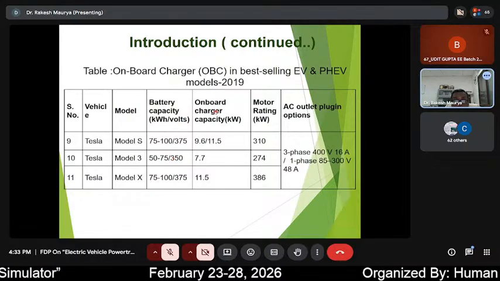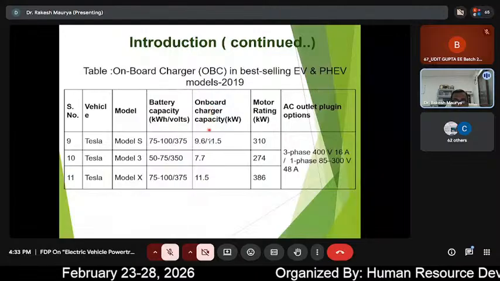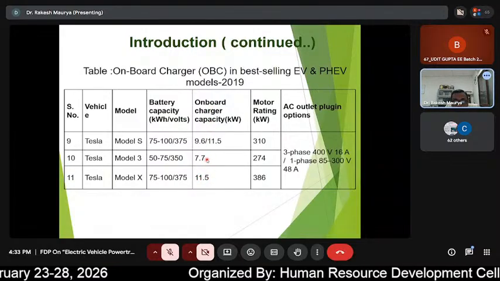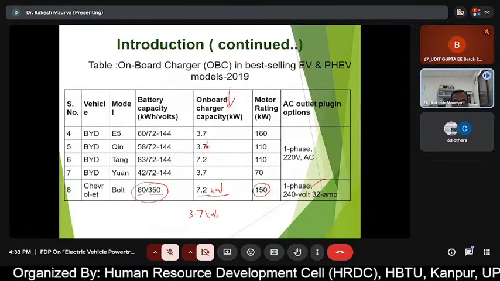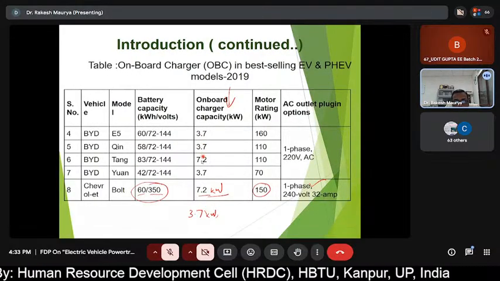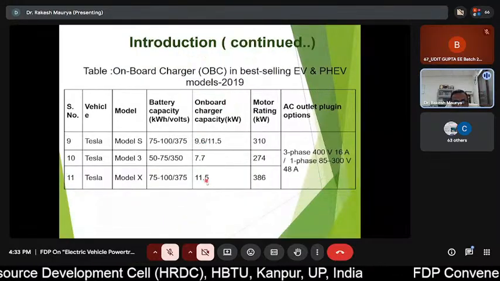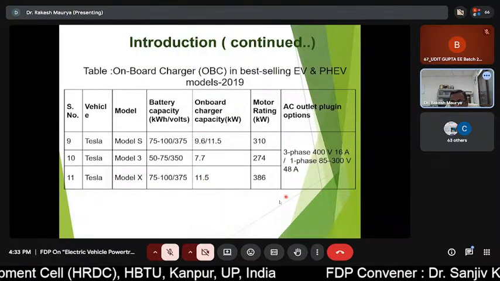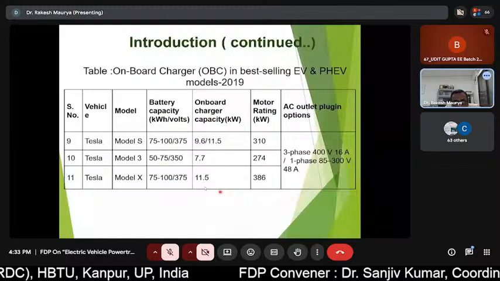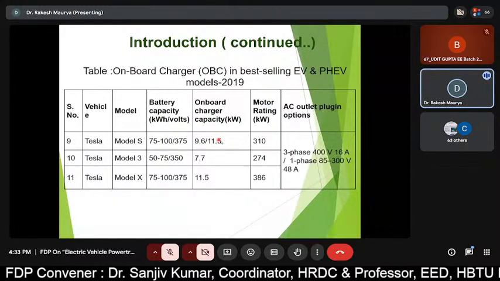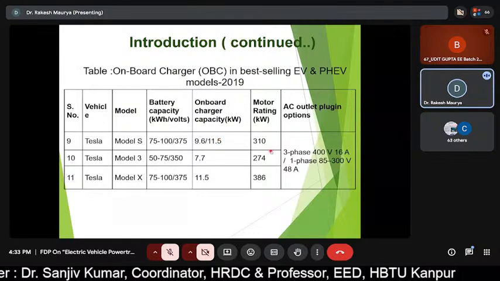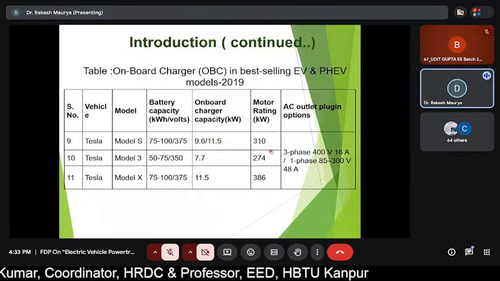At the same time, we have the onboard charger capacity. They are relatively, at the most, 10 kilowatt. Here it is 3.7, but in general, we have a 3.7 kilowatt charger. Capacity is very, very less. So this is the size of the battery used in the electric vehicle, and what is the charger rating which is being used to charge the vehicle,